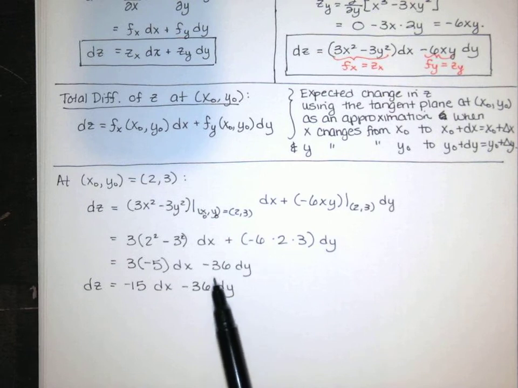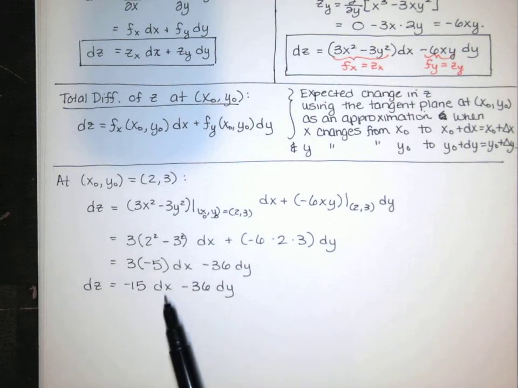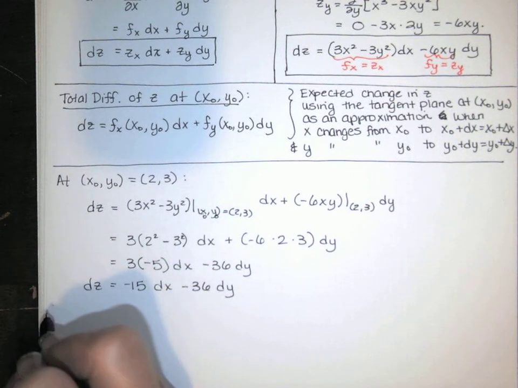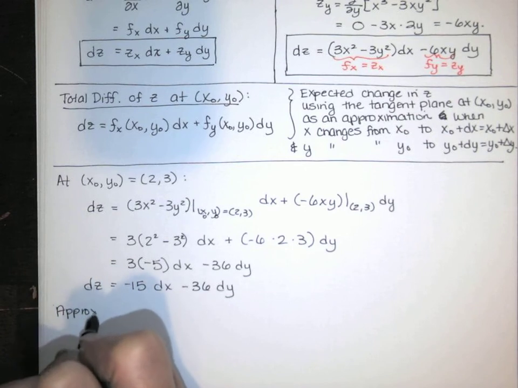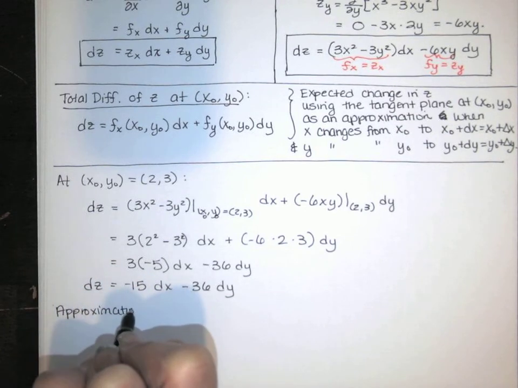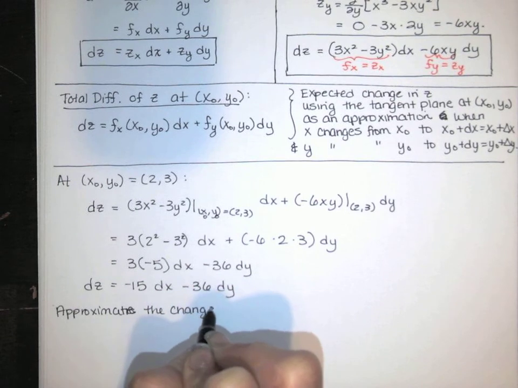And the slope in the y direction is negative 36. So z would go down by 36 units for a 1 unit change in y. So if y changed by a little bit, you get this slope times that change in y. So this is the change in z as x changes by dx and y changes by dy starting at this point 2, 3. Now if somebody asks you to approximate the change in z using the tangent plane as an approximation,